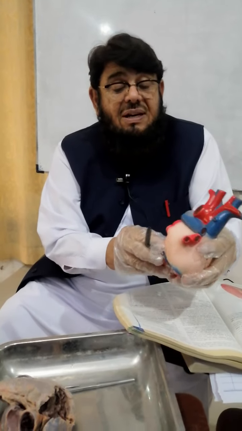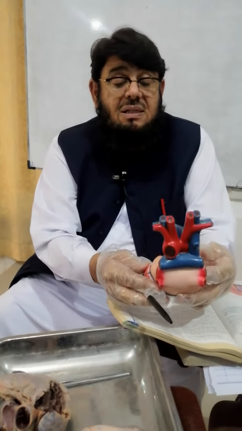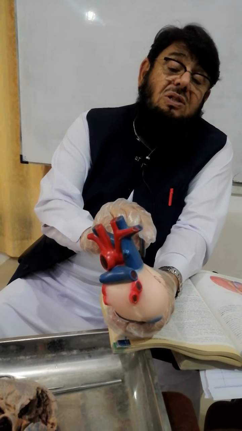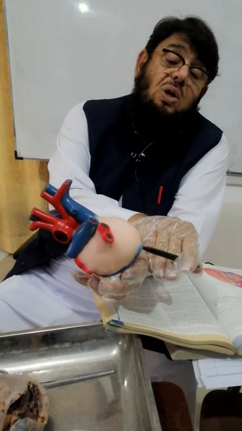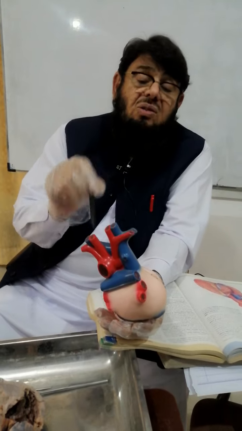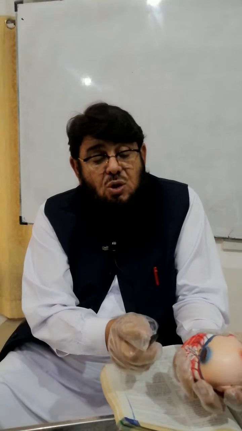And posteriorly you can see also that it is separated over here from the ventricles by this atrioventricular sulcus. Okay, now you can see opening into this right atrium, from above is the superior vena cava and from below is the inferior vena cava, bringing deoxygenated blood from all the body. And then another big vein, look this way, which receives the deoxygenated blood from the heart tissue itself, also opens into the right atrium.